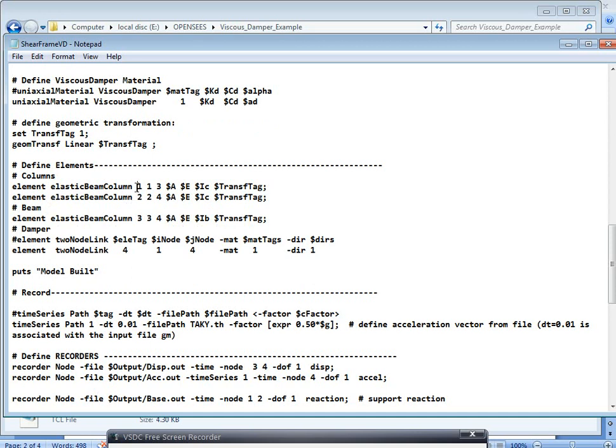Element elastic beam column: the first column is connected to nodes 1 and 3, and the second column is connected to the second node and the 4th node. We have to give the area and the elasticity, Young's modulus,